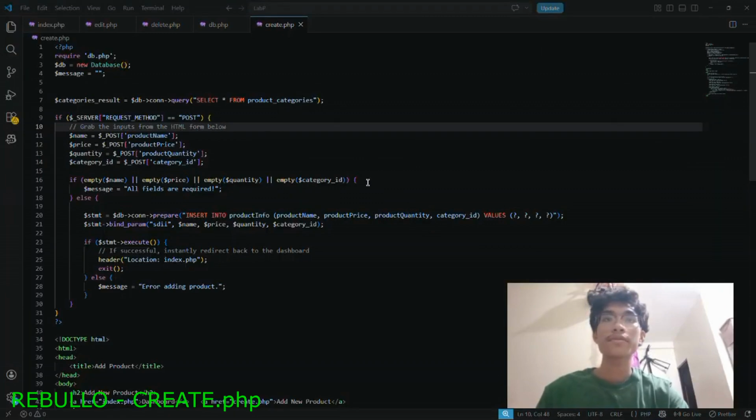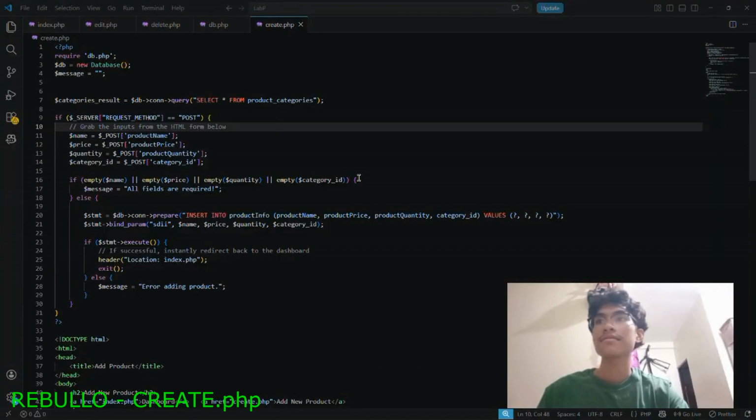This checks if the form was submitted, then the name equals POST product name variable. What this does is that it grabs the product name that the user typed into the form field named product name. And after that is the condition if name is empty or price or quantity or category ID is empty.